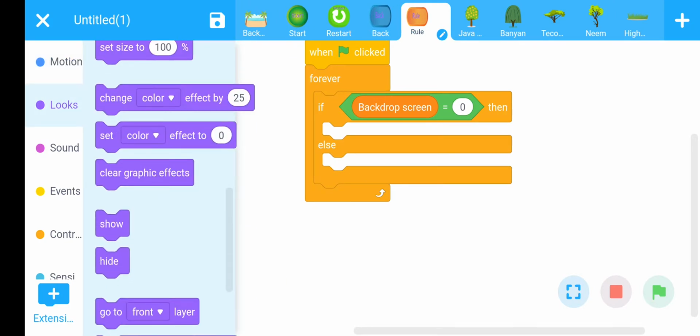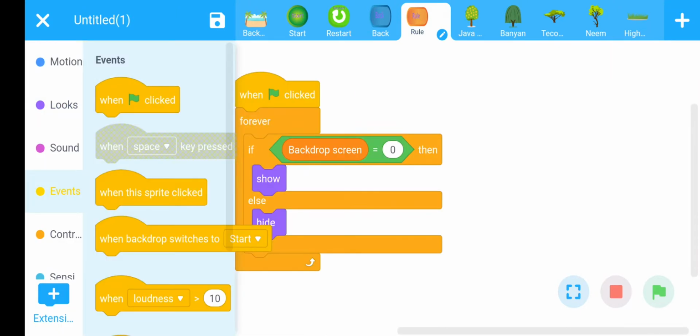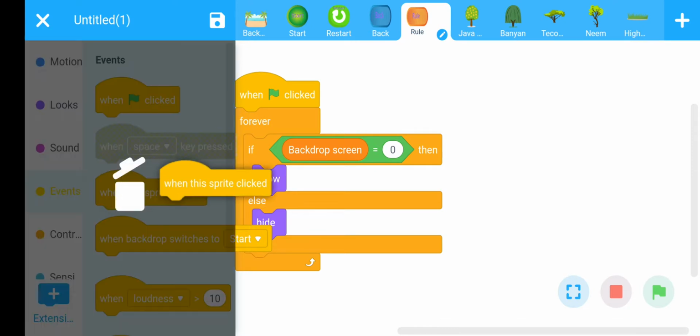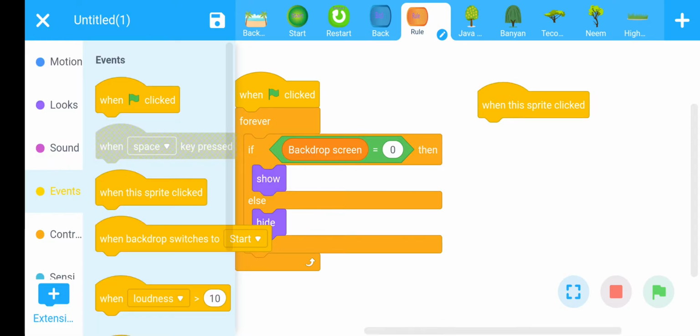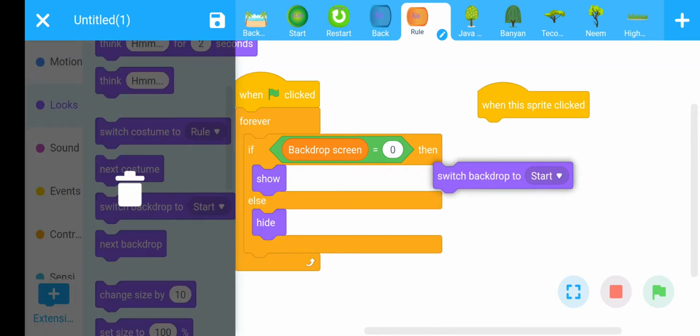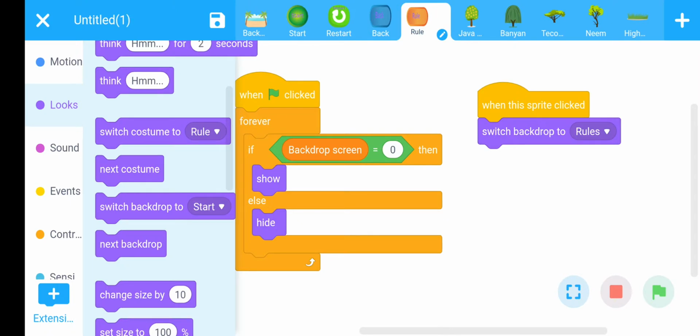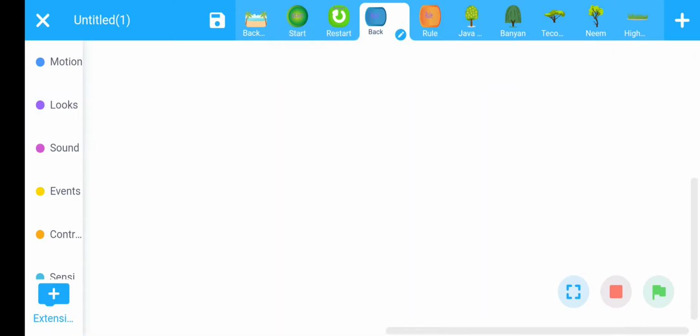This button should be shown, otherwise hide. When this sprite is clicked, what should happen? When we click on the rule button, the rule window should open. Then go to the Looks section, switch backdrop to rule, press OK, save.